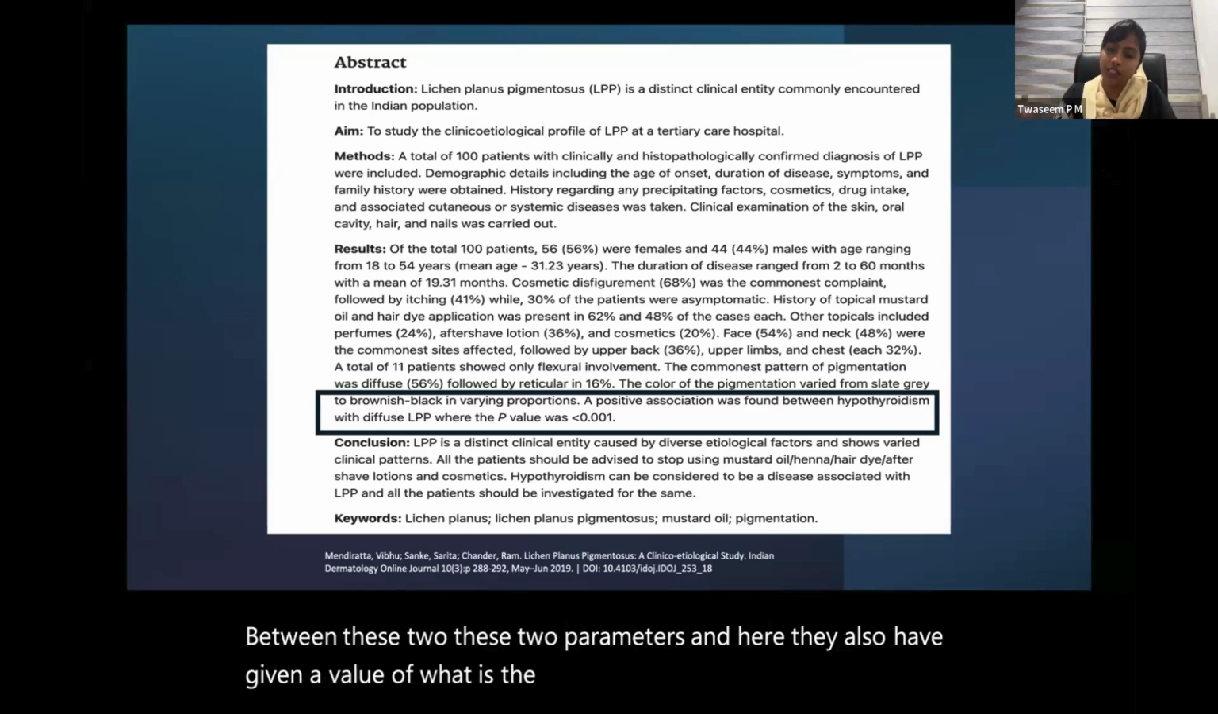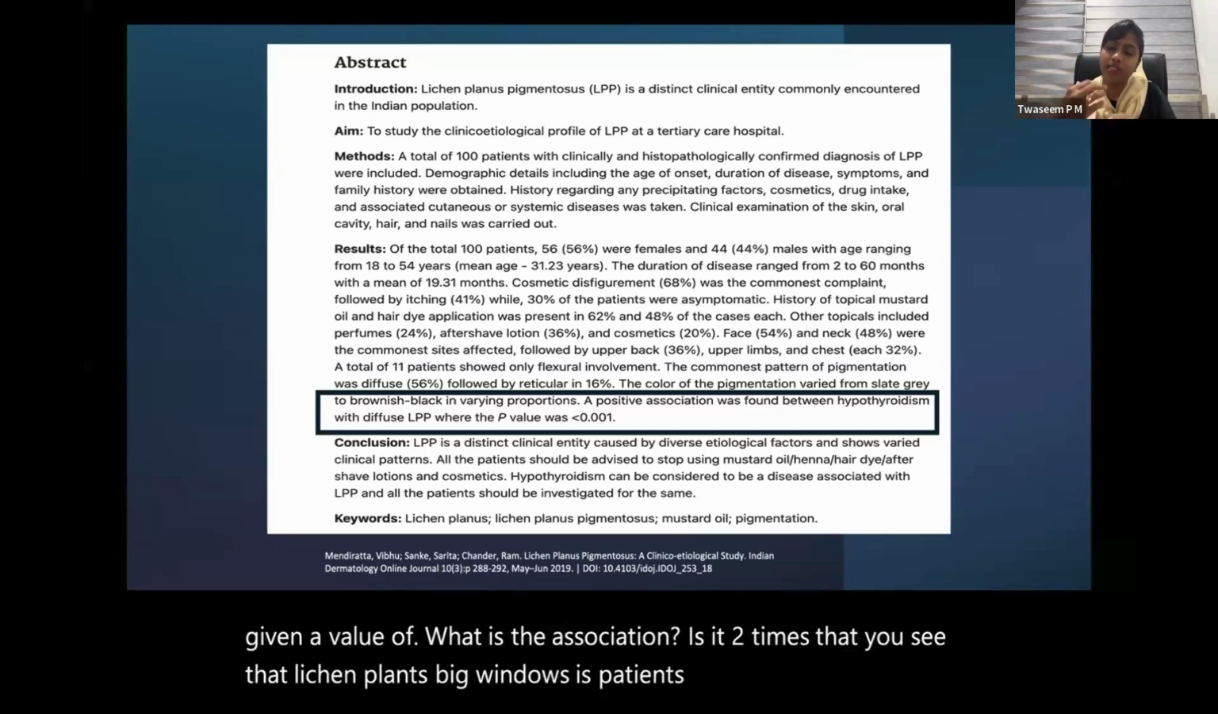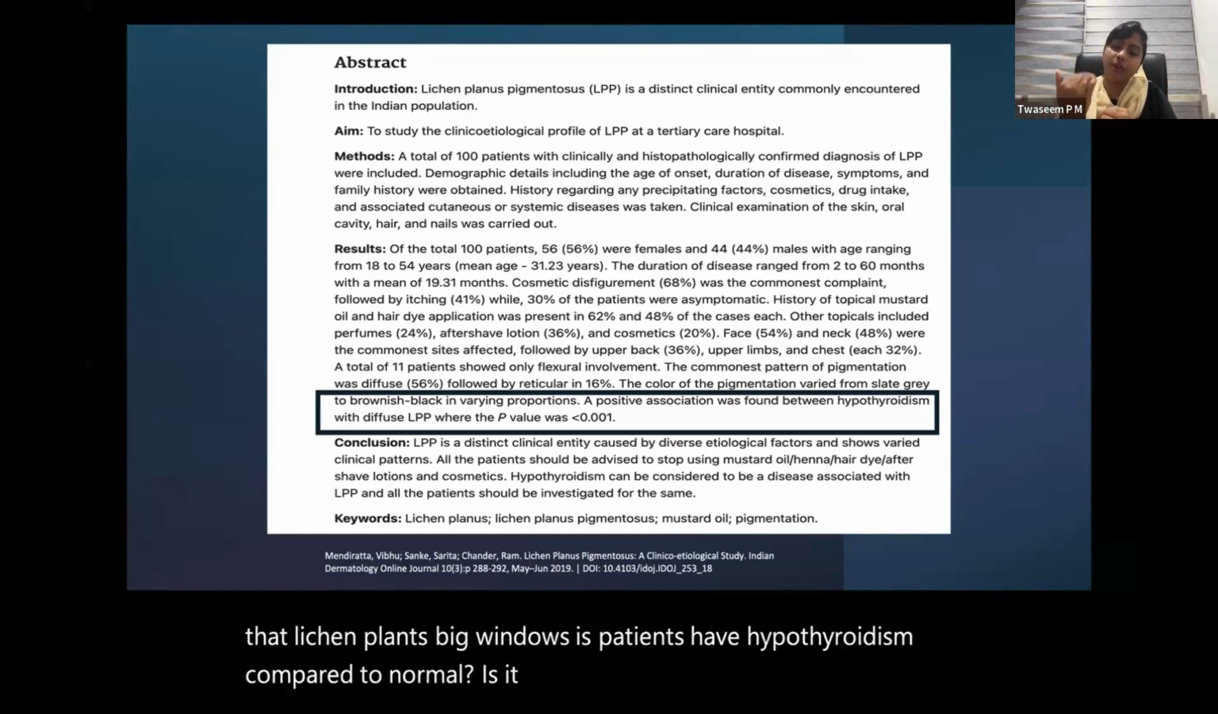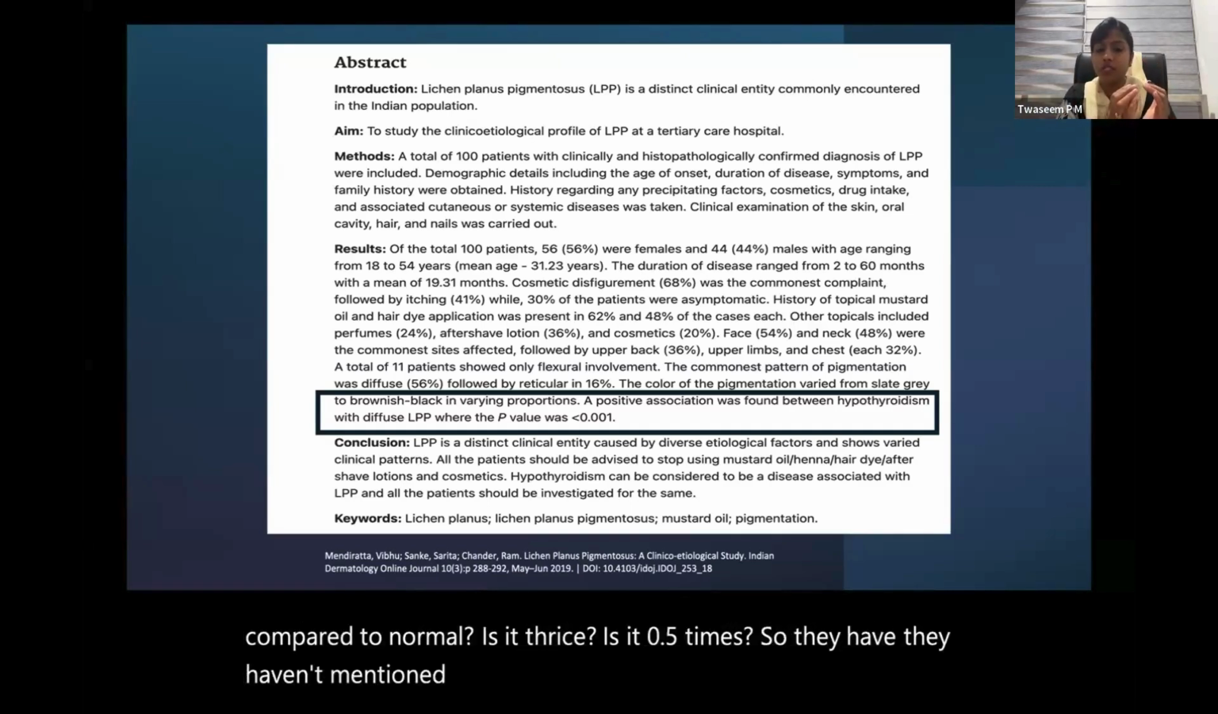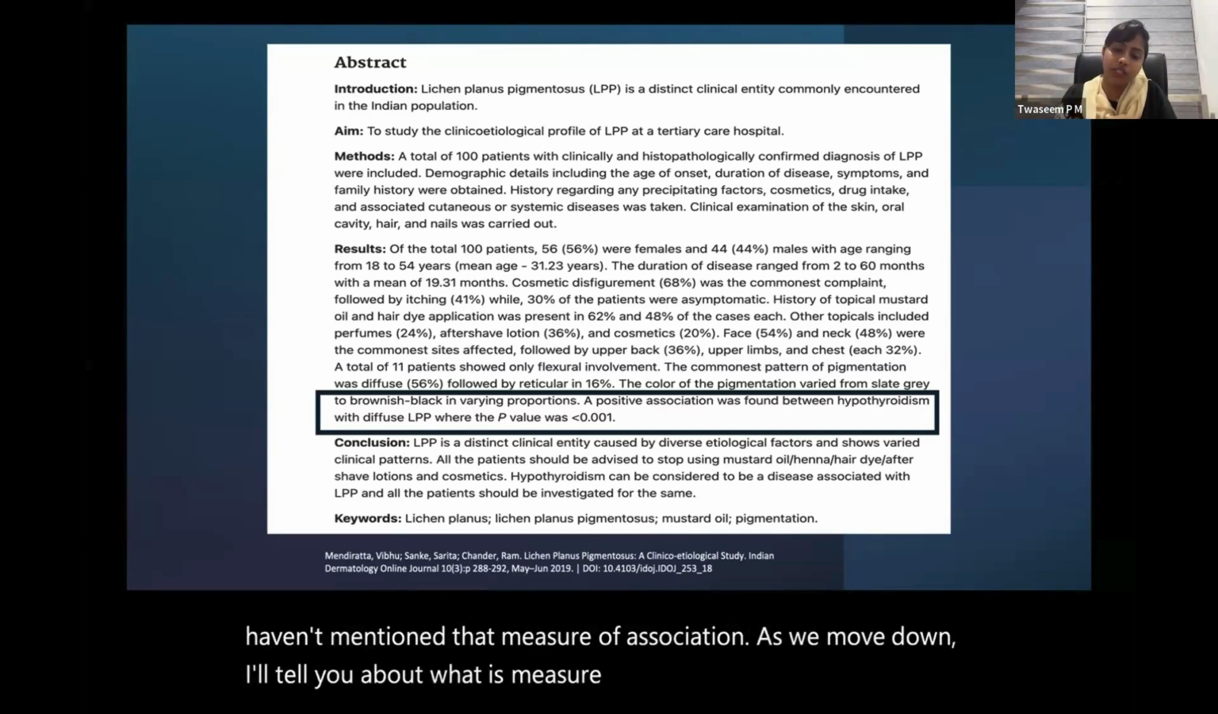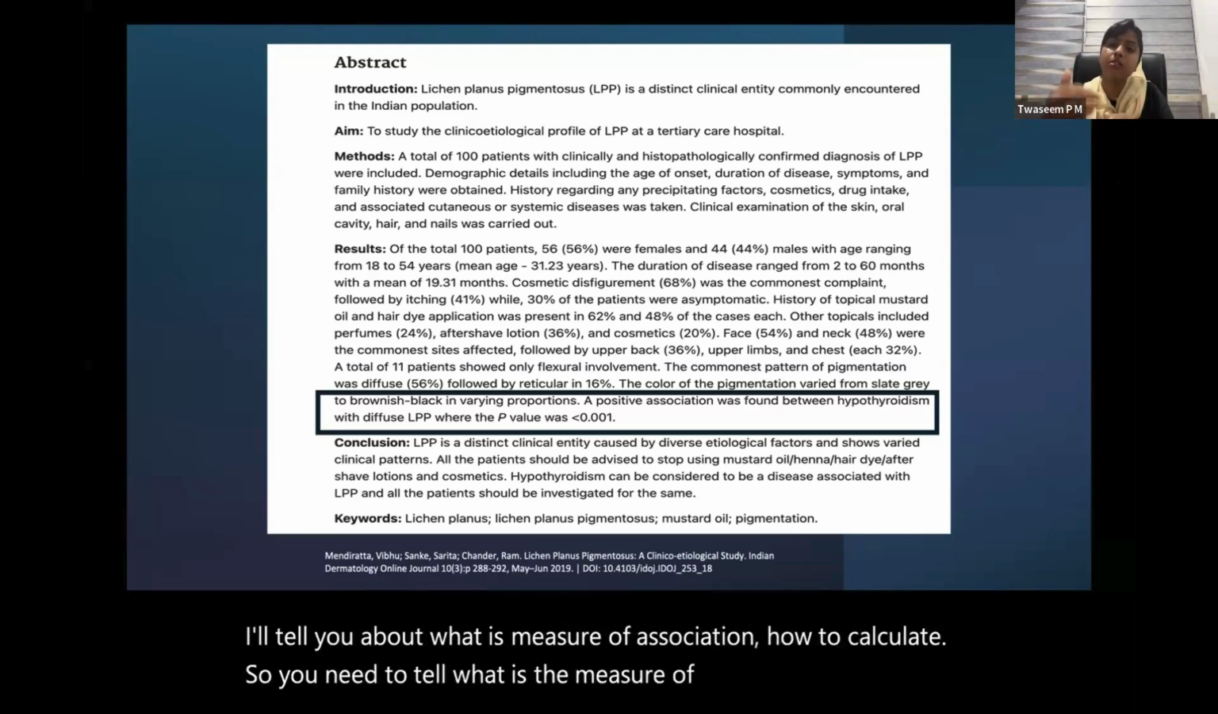Is it 2 times that you see that lichen planus pigmentosus patients have hypothyroidism compared to normal? Is it thrice? Is it 0.5 times? So they haven't mentioned that measure of association. As we move down, I'll tell you what a measure of association is and how to calculate it. So you need to tell what is a measure of association, and then you also need to tell what is